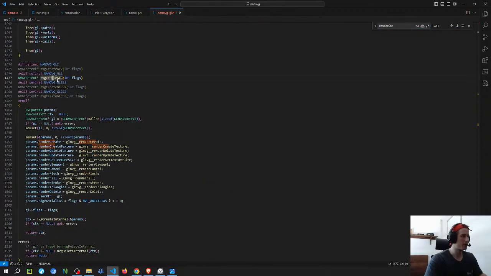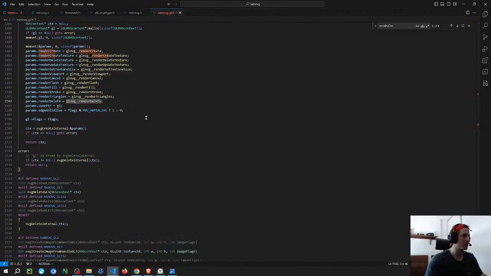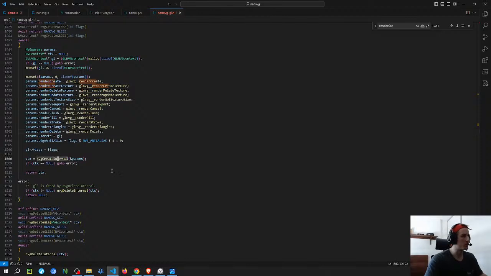This is the main function that creates everything. So they just hold this. These are the functions they're gonna use throughout the loop. And I think it's on this one, yeah. So after they set up this stuff,